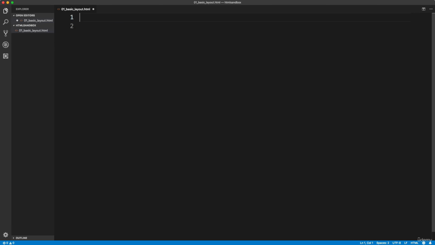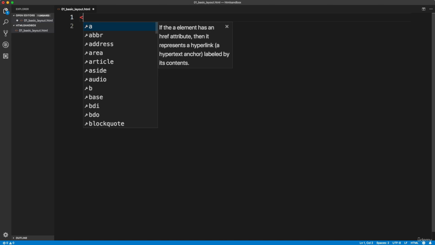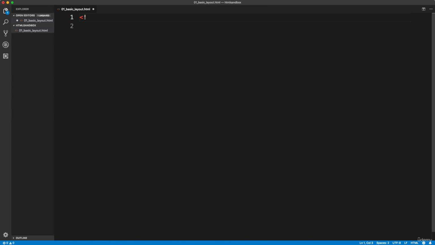Let's actually just get rid of this for now. So the first thing that you're going to want on every HTML page is the doctype. Okay, so I'm just going to type this out. It's going to be an angle bracket, exclamation, DOCTYPE, usually all capitals, and then html and then closing angle bracket. So this is a doctype, and what this does is it tells the browser what type of document